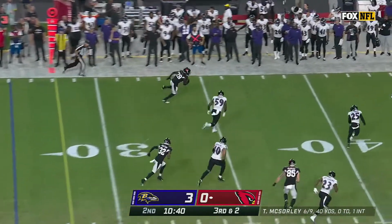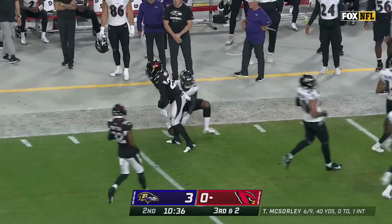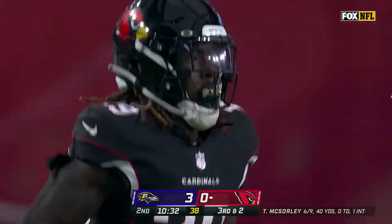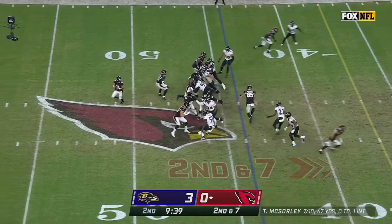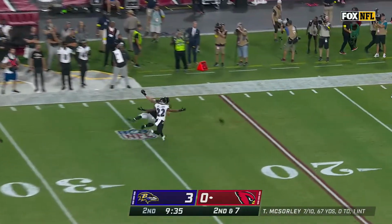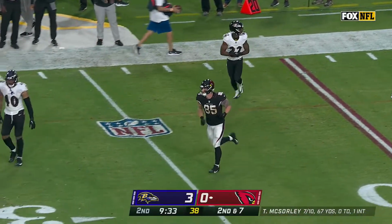Not a bad thing. Ward out of the backfield, wide open, and an easy first down and all the way out across midfield and into Baltimore territory. Sorely, back foot throw, lofting it deep, incomplete. He tried to get it out there to McBride, the rookie tight end, but